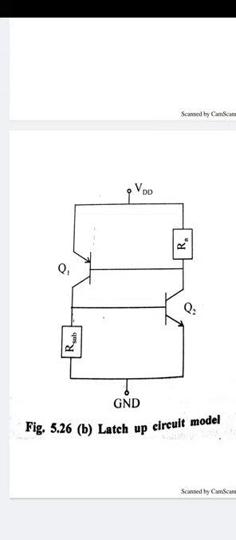Latch up prevention is a challenge for both the process engineer and the circuit designer. The latch up condition can be avoided by intentionally reducing the current gain of the bipolar transistors and reducing the well and substrate resistance through proper choice of doping levels and doping profiles, as well as layout design rules, so as to produce a low voltage drop. In this way, we can prevent latch up. Thank you.